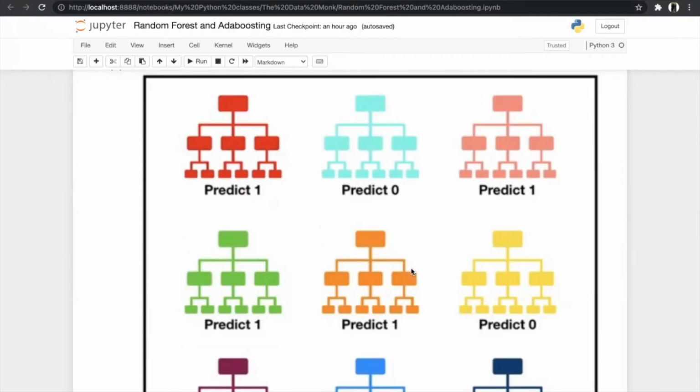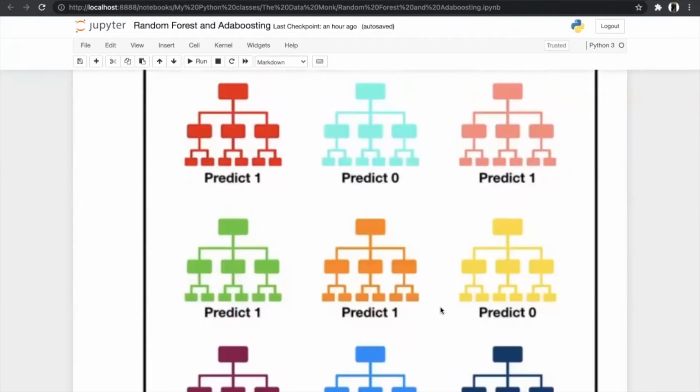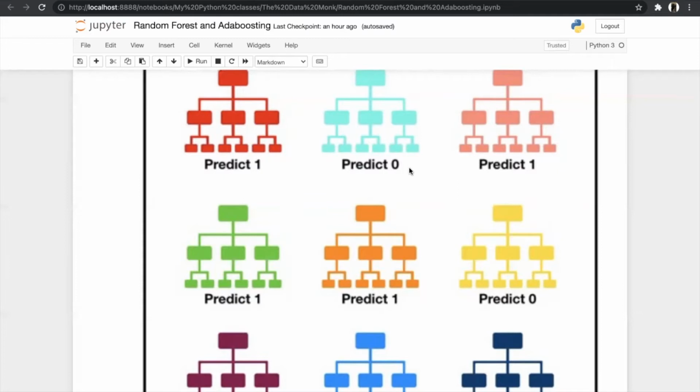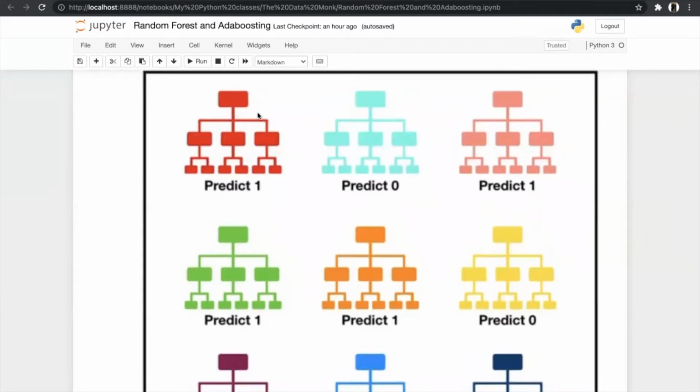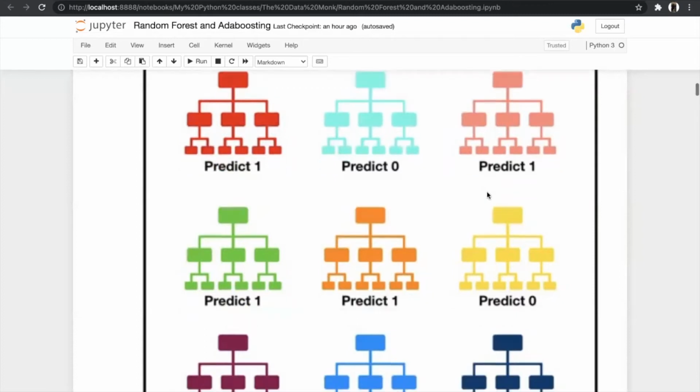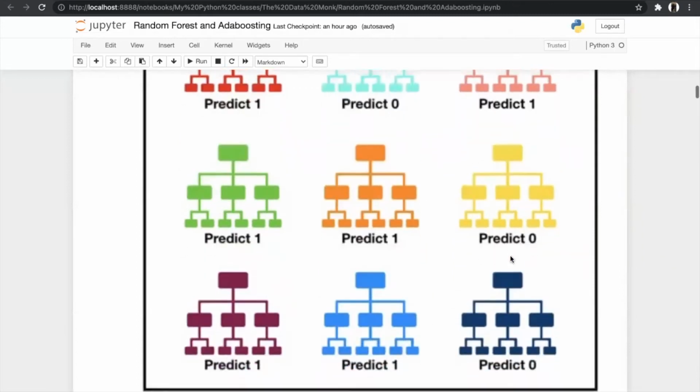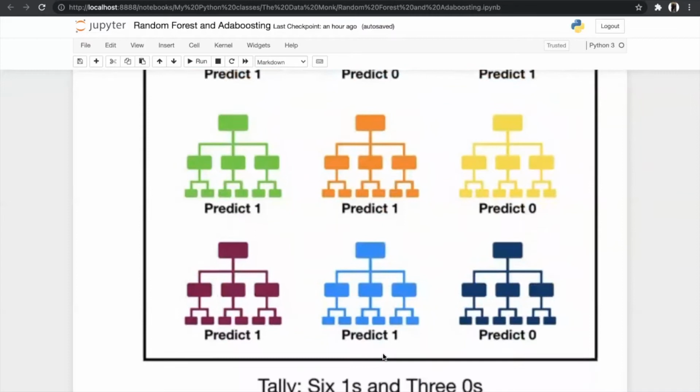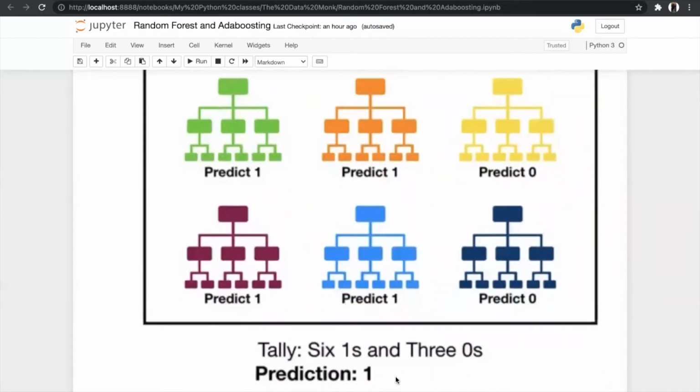So let's see what the classification model looks like. This is our random forest classifier, and it is just the bagging method, where they all are decision trees in one big bag. For the classification method in decision trees we use the mode. As you can see, this decision tree predicts 1, this decision tree predicts 0, and this decision tree predicts 1. So we will take the mode of all these decision trees and get our final answer. Like, there are 6 ones and 3 zeros, so our final prediction will be 1.